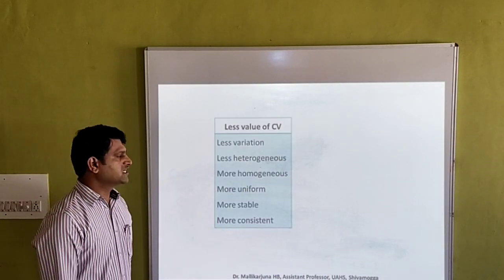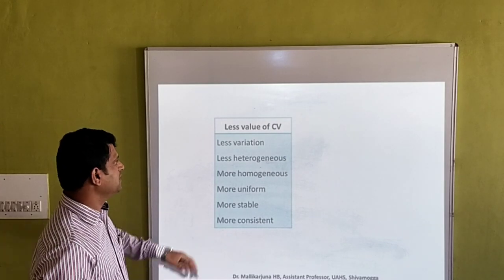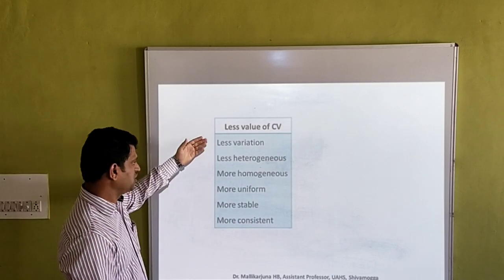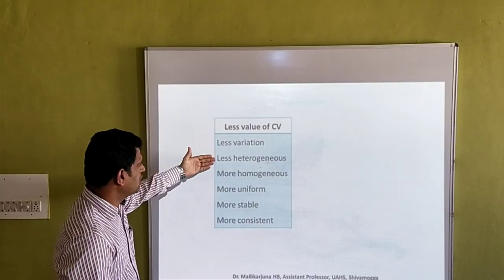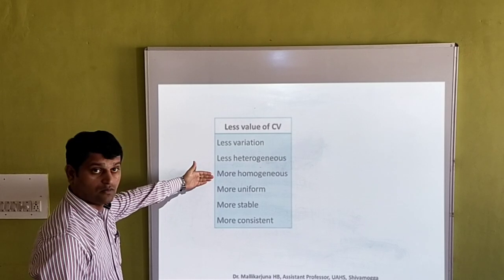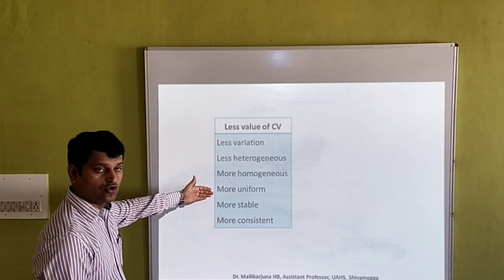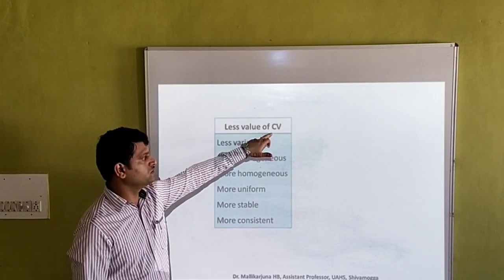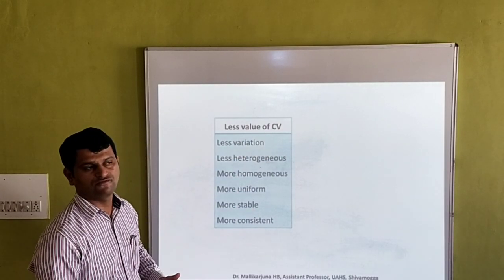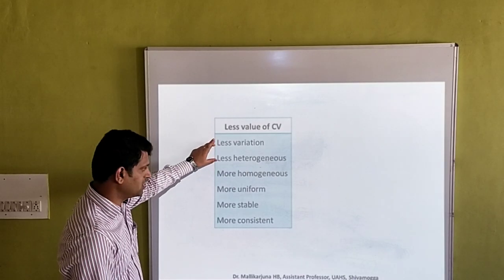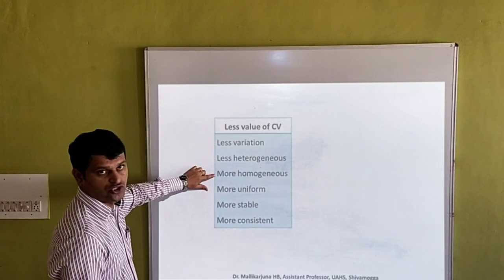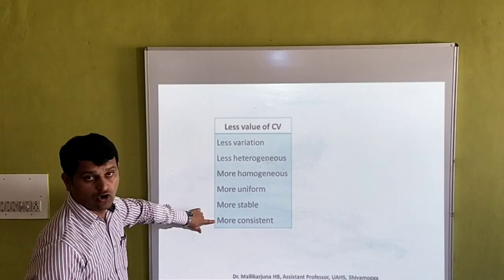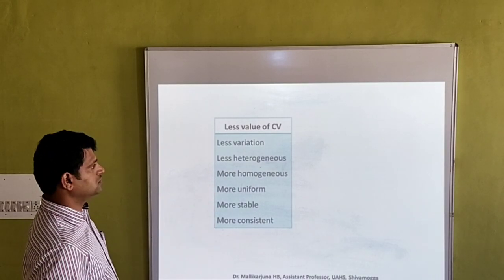If any set of observations indicates a less value of CV, it indicates less variation, less heterogeneous, more homogeneous, or more uniform, more stable, more consistent. So less value of CV means less variability. In other words, less variation, less heterogeneous, more homogeneous, more uniform, more stable, more consistent. So in this way,